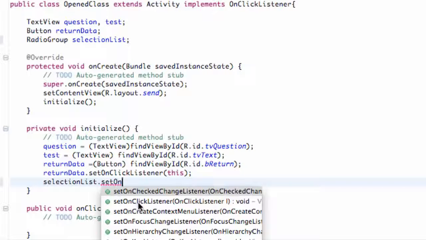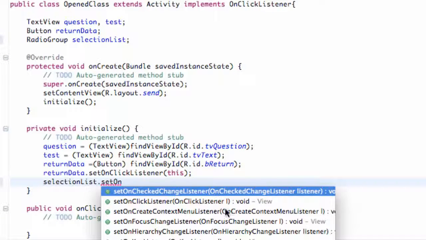Again, we could do OnCheckedListener, but it's better to say OnCheckedChangeListener, because anytime one of those radio buttons within this radio group is clicked, it's going to call this method. As you can see here, within its parameters, it takes a variable type or object for the most part,